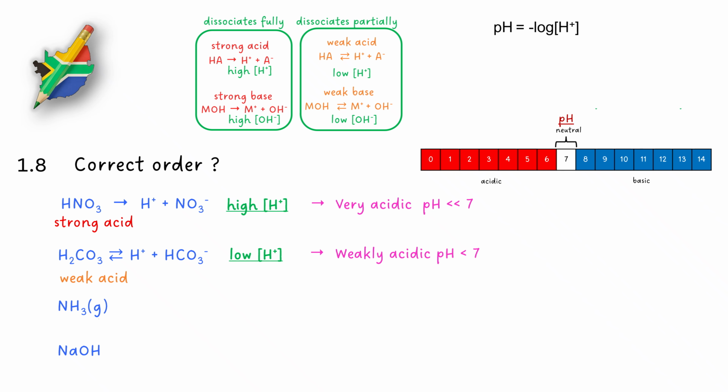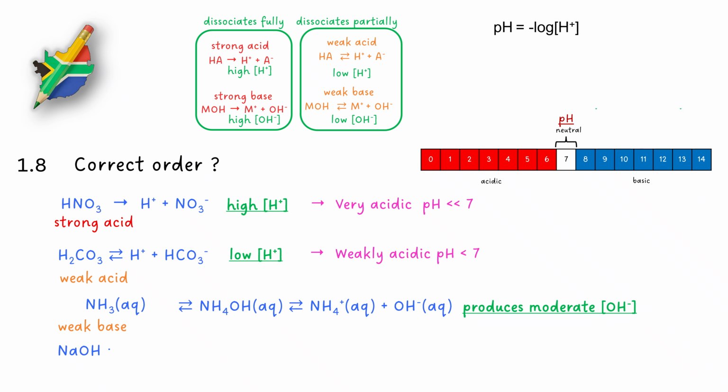Now ammonia, which is actually a gas, reacts with water. We could write the state symbol as aqueous as given in the question. Ammonia reacts partially with water to form ammonium hydroxide, which dissociates partially in solution into ammonium ions and hydroxide ions. Since an equilibrium is formed and the dissociation is partial, ammonia is a weak base. It forms a moderate concentration of hydroxide ions, but we need to know the concentration of hydrogen ions to get